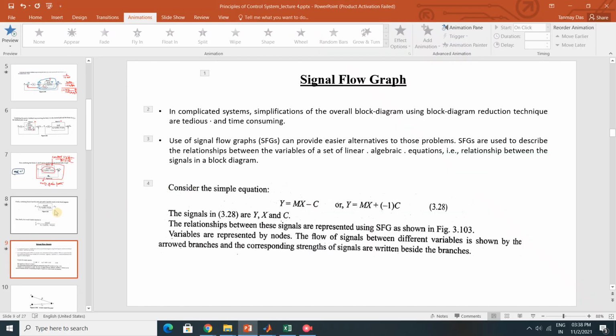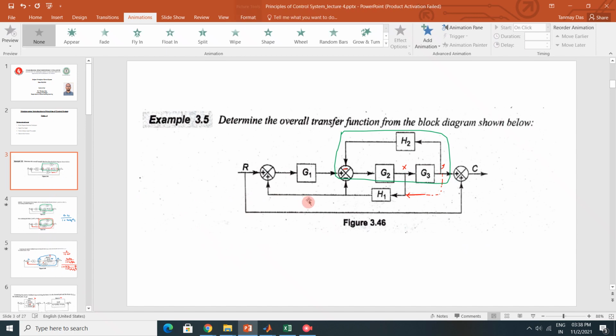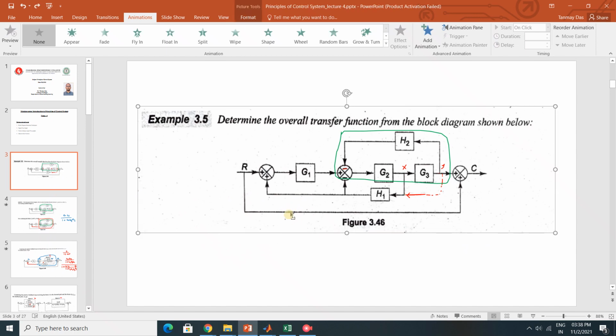Now, there is a next topic that we'll be discussing, signal flow graph. This is not a different topic, it is a continuation of the block reduction technique. Signal flow graph and Mason's gain formula will follow it. These are not separate topics, just a continuation of the block reduction technique. Why continuation? Because till now we have seen a particular system, where if I explain in this way,